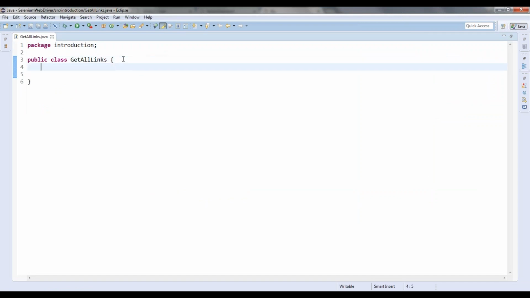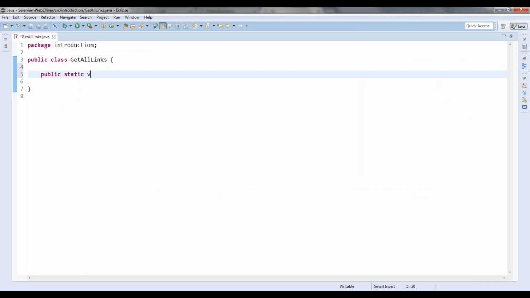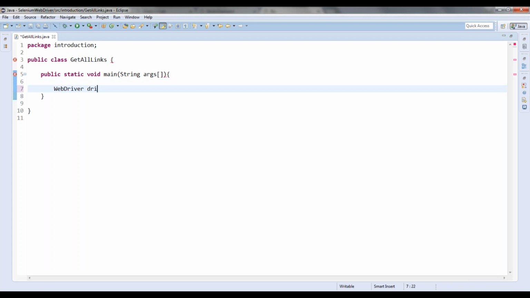Then I will have public static void main, String arguments. Okay, so WebDriver driver is equal to new FirefoxDriver.